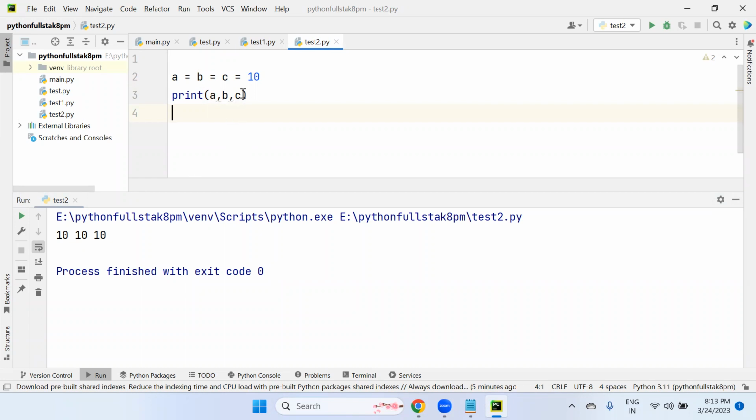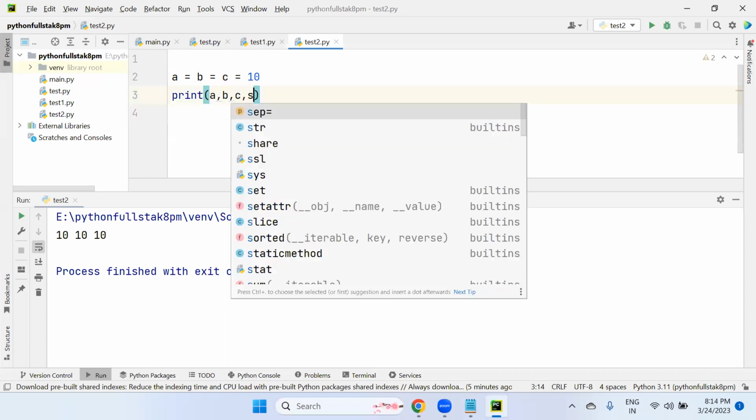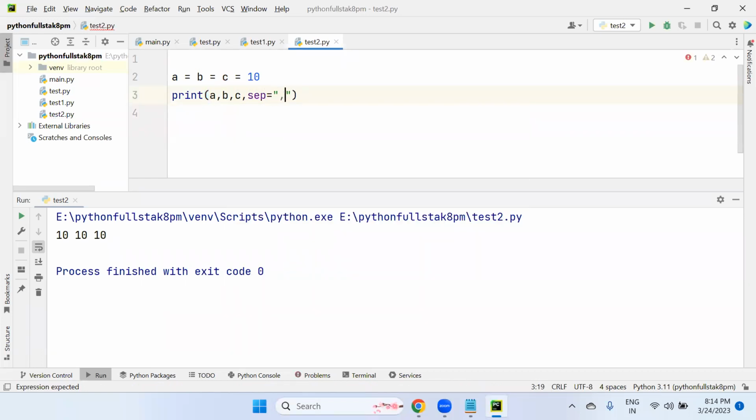There is an attribute called sep equals comma. It is called an attribute. Different types of attributes exist, and we'll explain them according to the topic. Right now I'm using this separator attribute to separate the values in the output window by using a comma. Let's execute this. Look, the comma separator is coming in the output: 10, 10, 10.